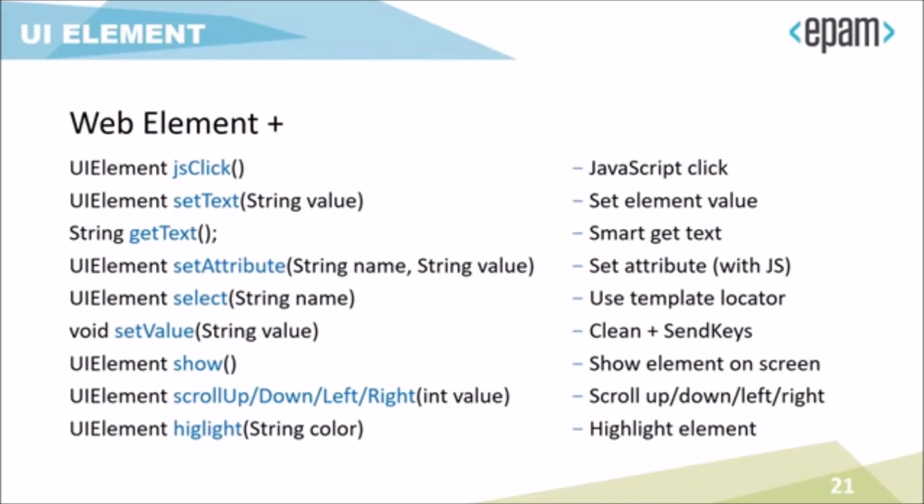This is some JavaScript code used for testing in Selenium, and we moved it into the methods of this element. So you can do the click using JavaScript. Sometimes this is useful when, for example, the element is not visible, or some other stuff on the page denies you to click on the element. You can set the text in the element,